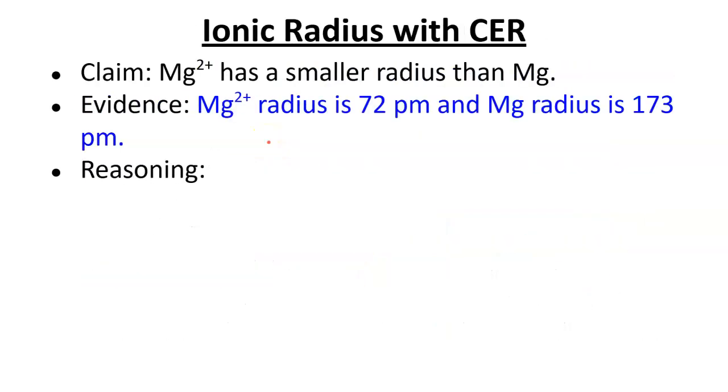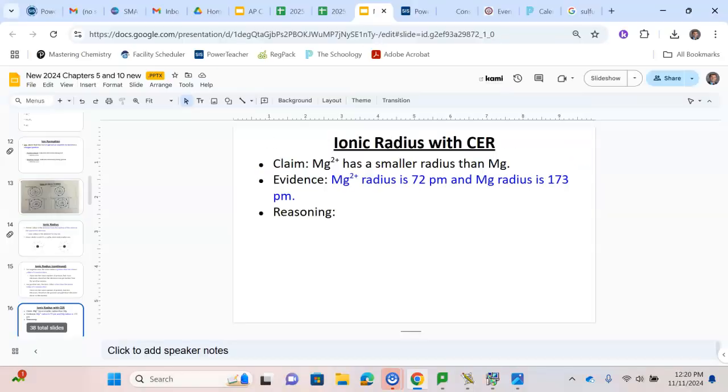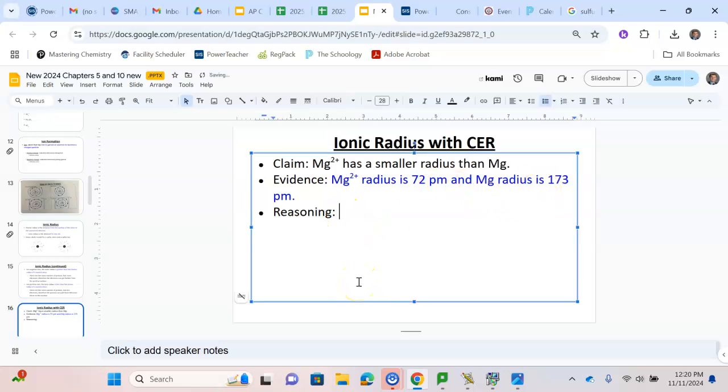Let's practice this a little bit with our claim, evidence, reasoning. So here would be an example. The claim is that Mg2+ has a smaller radius than Mg. The evidence would be those values that you could look up. What would be the reasoning? The reasoning would talk about the chemistry. The reasoning would say something like this. Mg2+